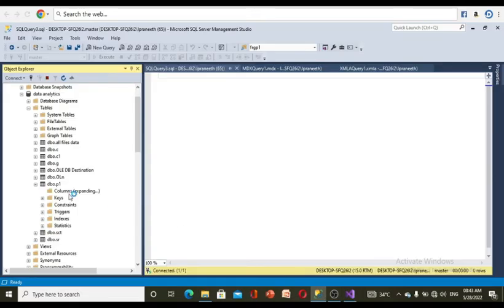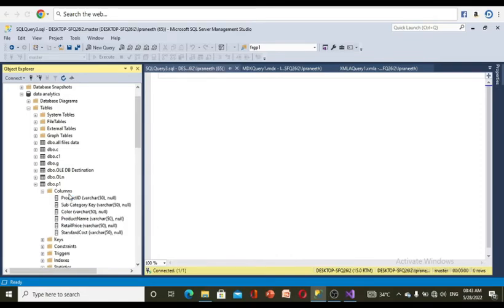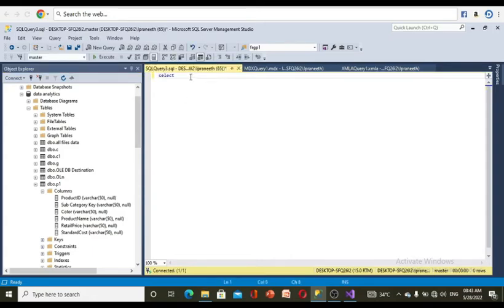Now I am going to expand the columns of the P1 table that I have loaded. All the table columns will show. So product ID. I will write select star from. If I execute this one,